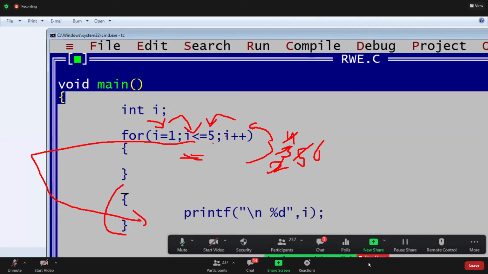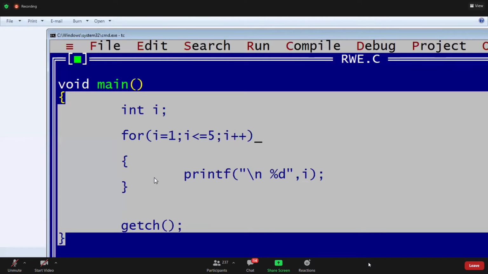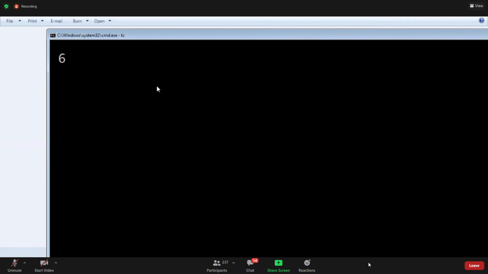This is a local block, guys. The local block will be executed always. Then what is the answer, guys? Then it is 6. Okay. The answer is 6. Here, if you write a semicolon also, that means this is a local block. No statements for this. The answer is 6. Clear?